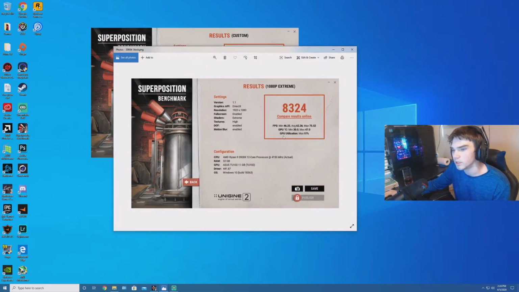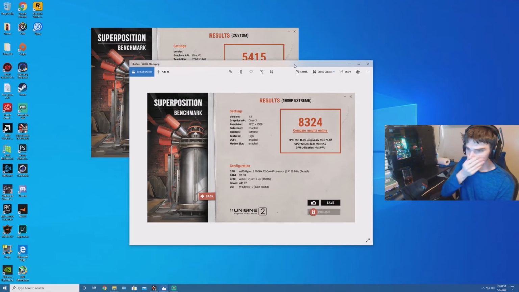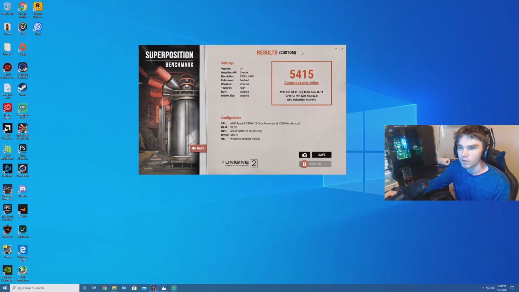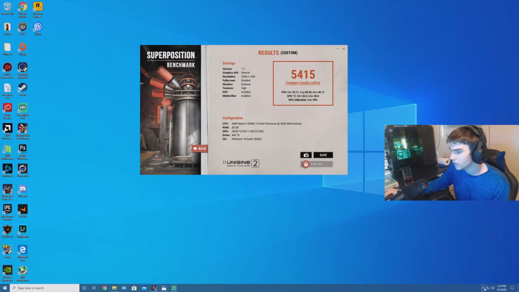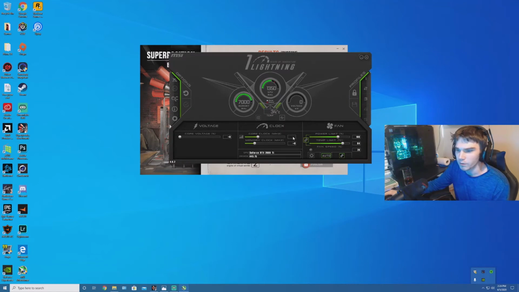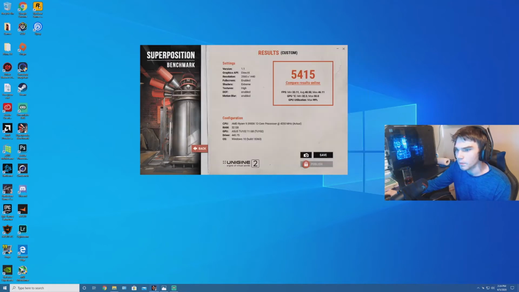And see, you can see the GPU utilization in this was only at 97% because it was in 1080p. So yeah, okay, first test was a success. So now what we're gonna do is what we did in the other video, open up Afterburner, and do the first overclock, which was 100, and then turn up the power limit up to 125%, apply it, minimize that, and then we're gonna run our next test, guys, and I will be